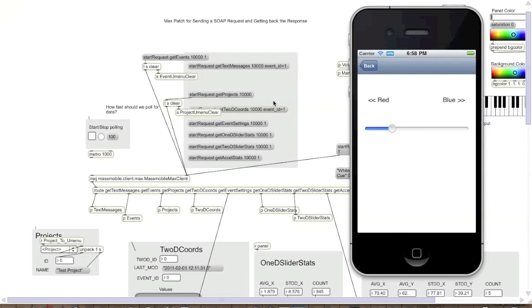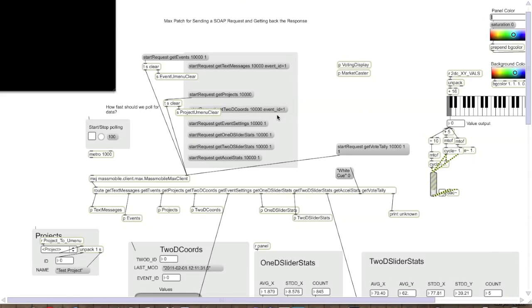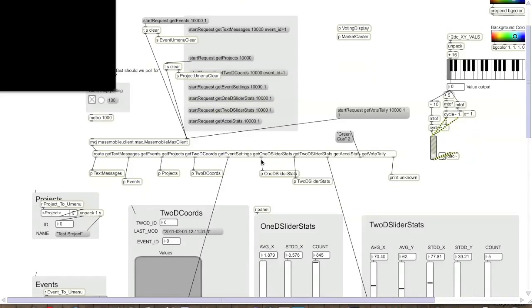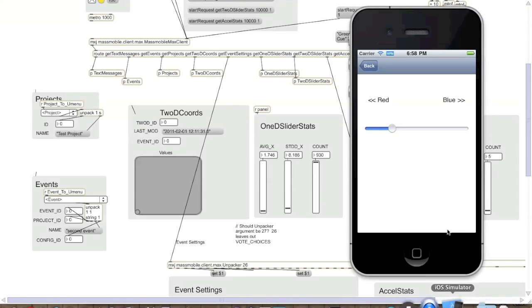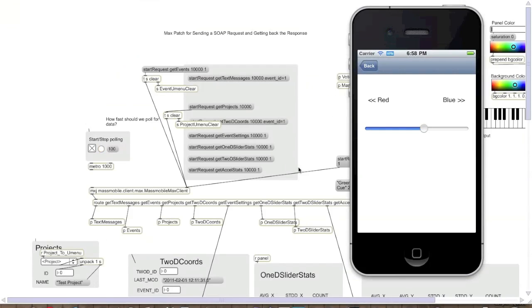We can provide the composer the statistics for everybody that's putting in one-dimensional sliders here, and then if you look at this, as I slide this, the value in the massMSP patch should change, and that's going to provide valuable input to